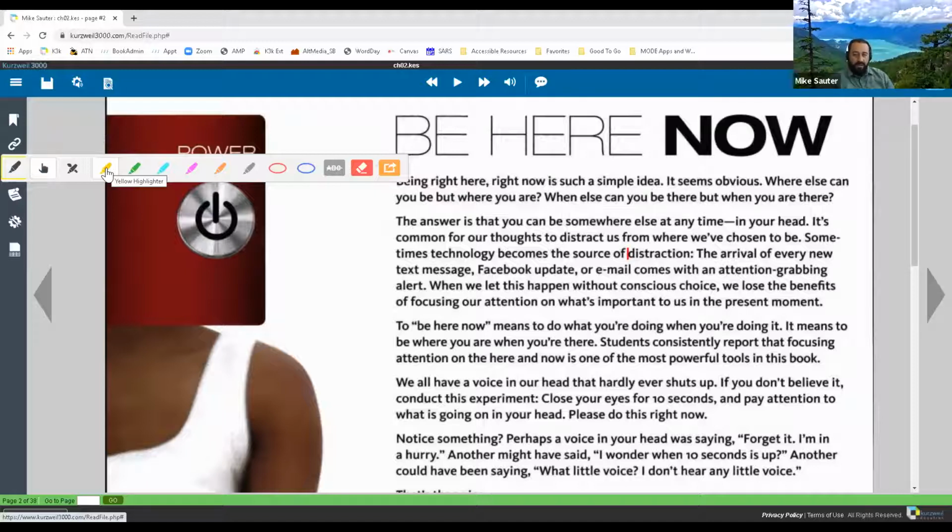If you've ever outlined a chapter or outlined a subject, you start with your top level, and then you have your supporting levels, your details, and so forth as you go down. A lot of times you'll see that with a little indentation.